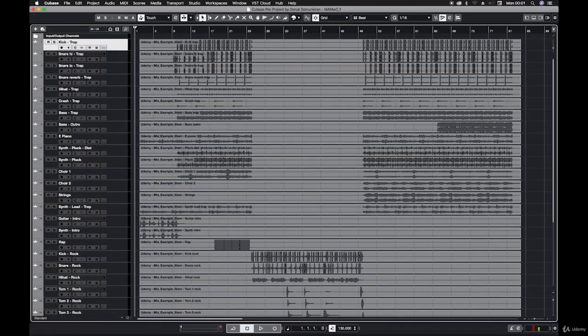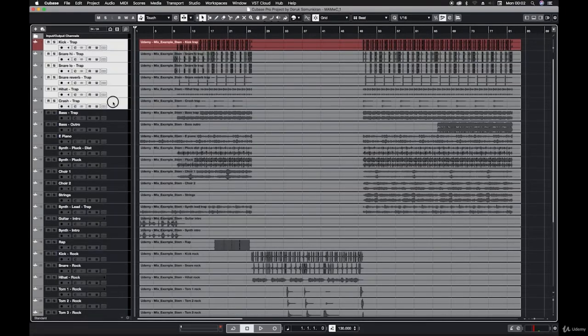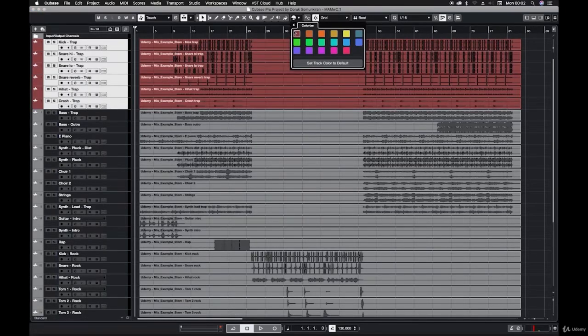Don't think of this as a waste of time. It is very important to have a visual mastery of your song. Take your time and color your tracks. You do that by selecting the tracks, clicking on this color palette, and selecting a color. So use one color for drum tracks, another for bass tracks,